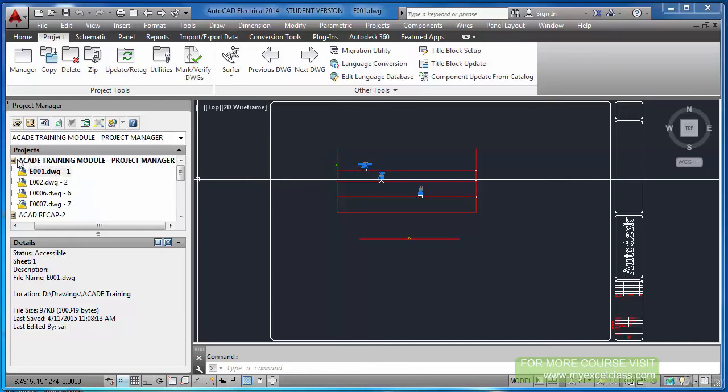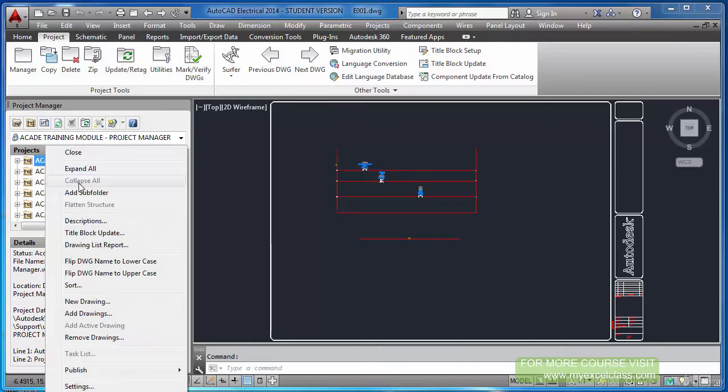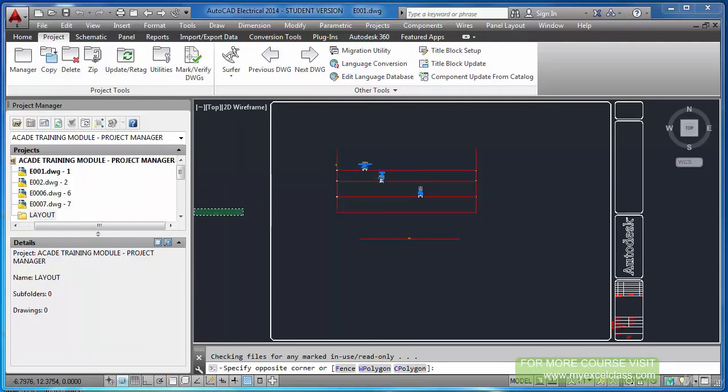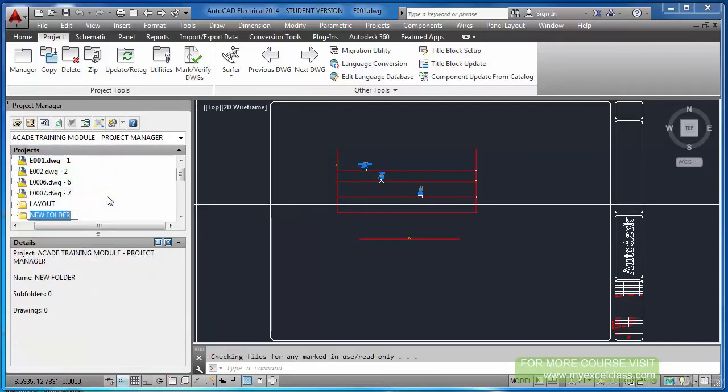Okay, this is adding drawings to projects, and you can collapse, expand, collapse. Now if I want to add a few folders, add subfolders. One subfolder I want to create is layout. Fine. And I will create another subfolder called schematic.